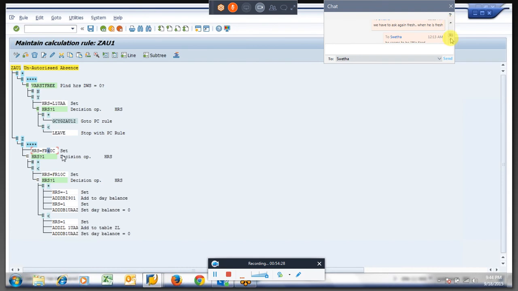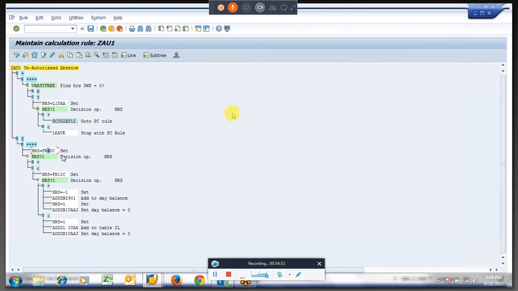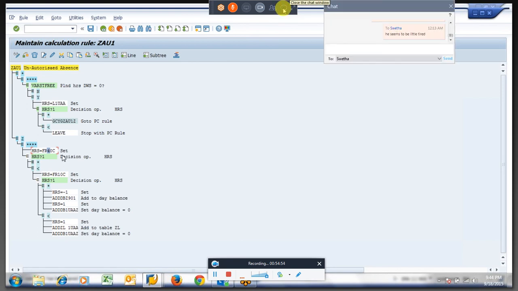SAP is not giving an option to disturb those infotypes. 2006 is quota related, but 2001 is typically linked to itself. So there is no option. If you really find any standard option given by SAP, let me know, even I will learn further. Apart from that, you work on these things.